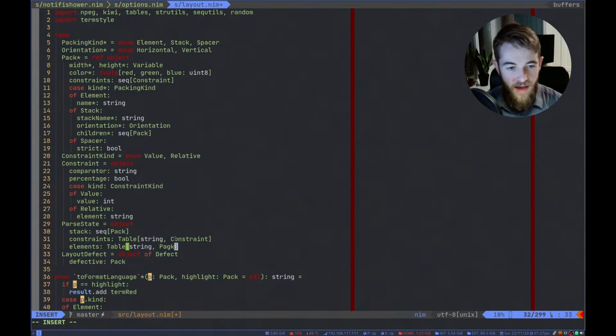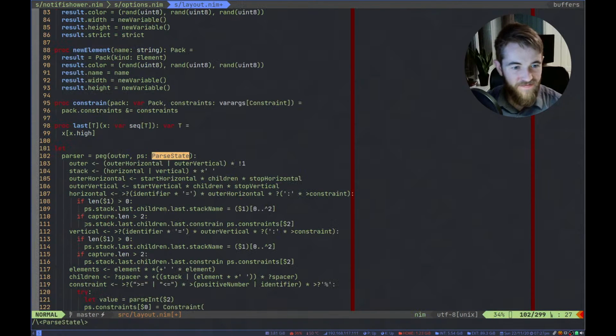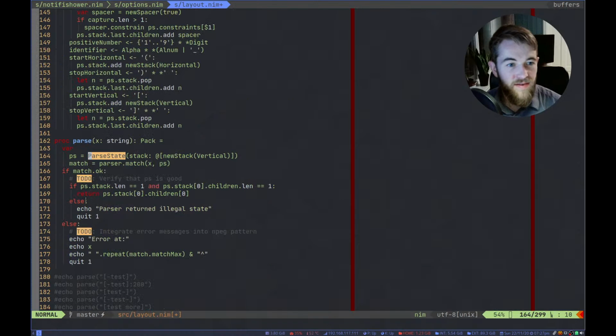This is actually a pack. An element is also a pack. Horrible naming scheme, but that's the way it works. This parser here now returns a tuple with the pack and all the elements, which is a table from string to pack.